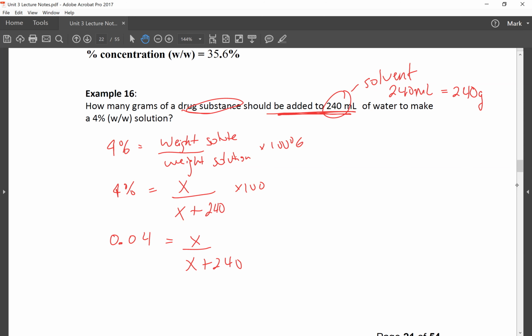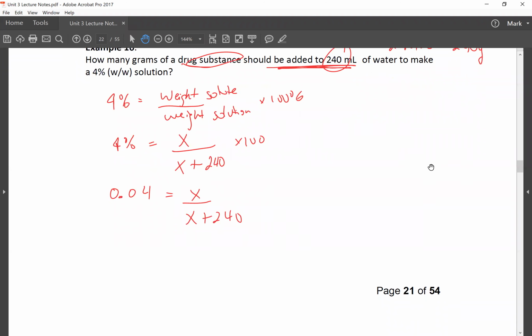Okay, so I need to solve for X. Well, first things first, I'll move this guy up here. So I will get 0.04 times X plus 240 equals X. All right, I'll get out my calculator because I certainly don't know what 0.04 times 240 is, but I do know that I'll get 0.04x plus, all right, so 240 times this number gives me 9.6